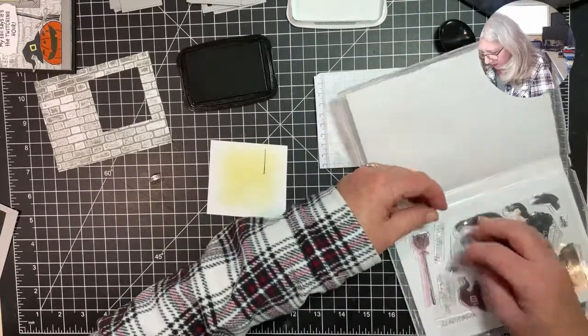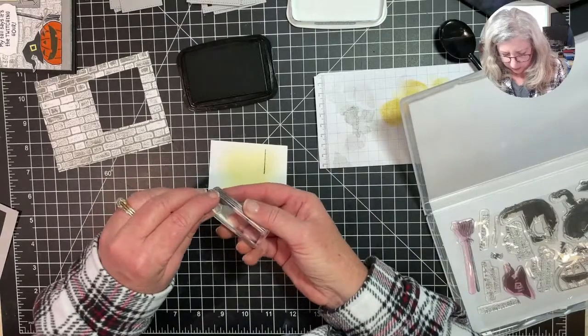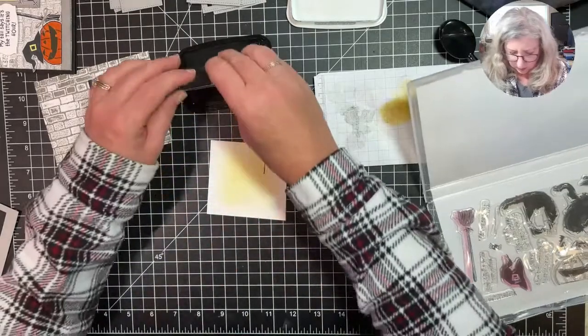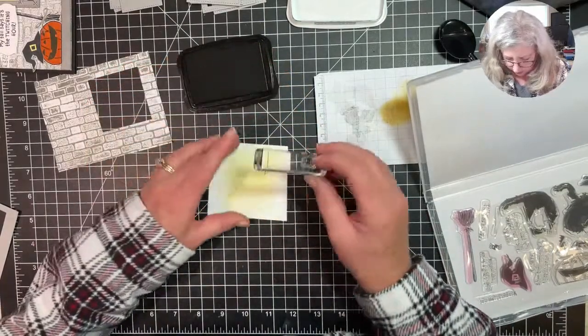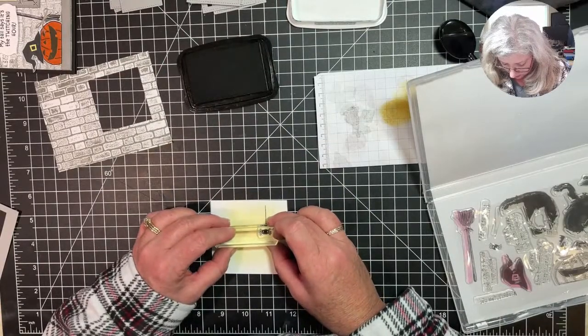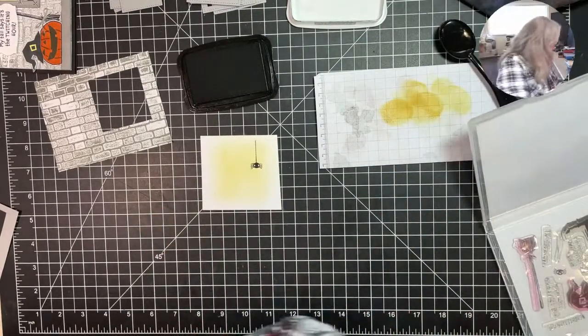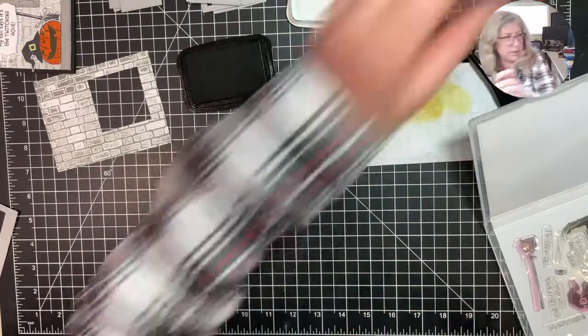Put him back, because you gotta put the small stamps back right away or I'll lose them. And we're going to ink him up. Make sure my head's not in the way. Cute. What do I do with my...